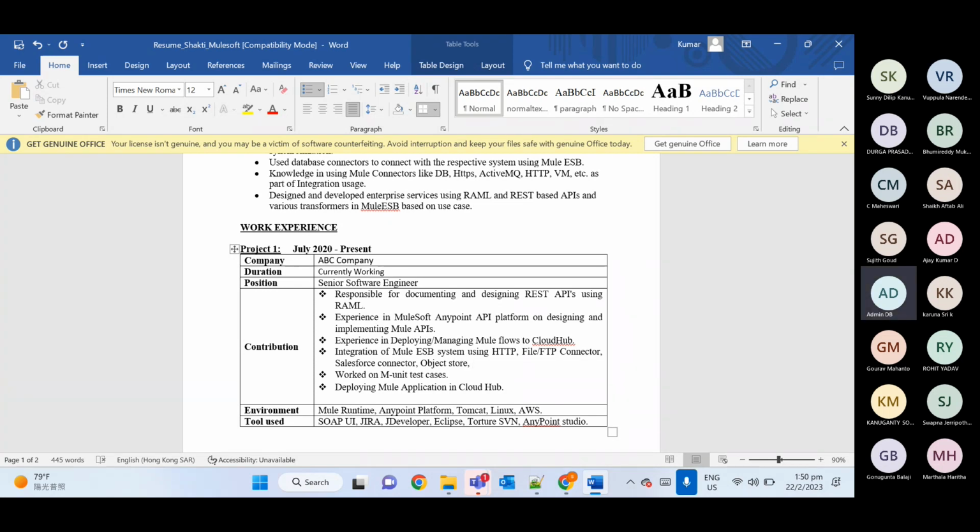Whatever we are going to do in all these three projects, we will take those things: Salesforce, Object Store, Database connector.